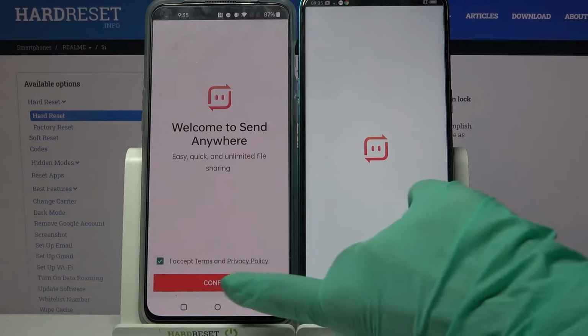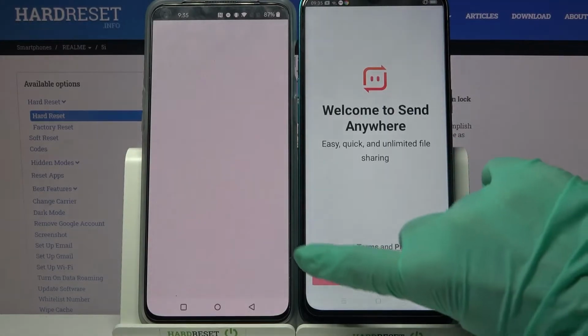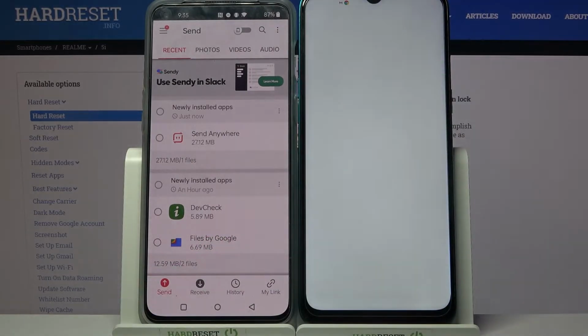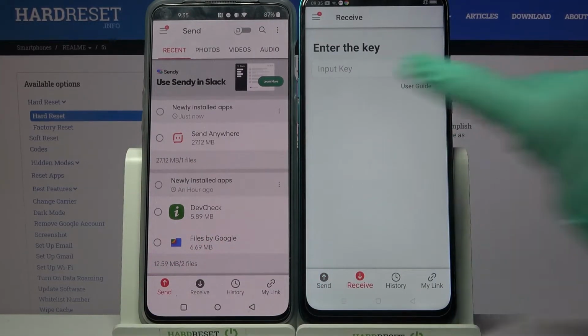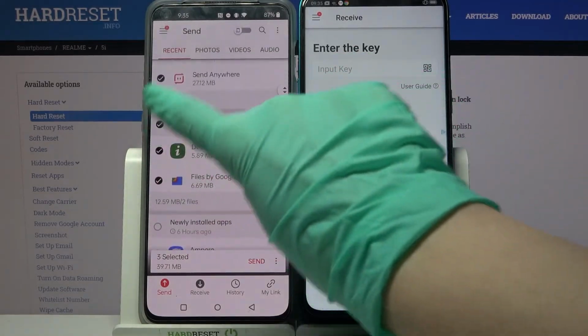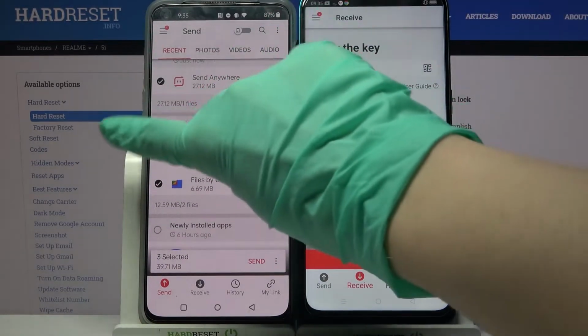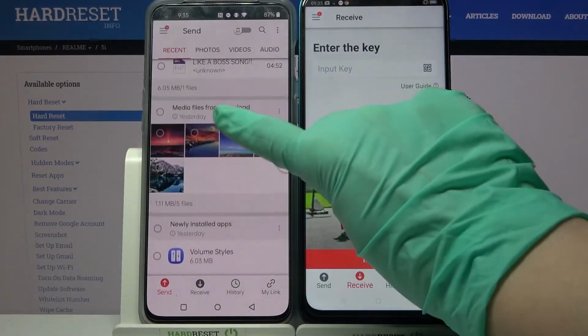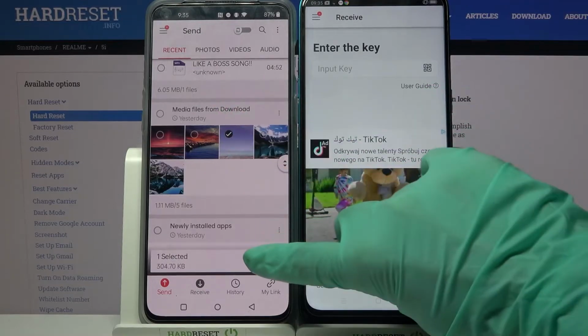Now click on I accept, confirm, continue and allow. After that, you need to select Send on an Android and Receive on Realme. After that, click on all of those kind of dots and select Send in order to send all of your files. It will take some time though, so I will only click on this one photo, select Send and click